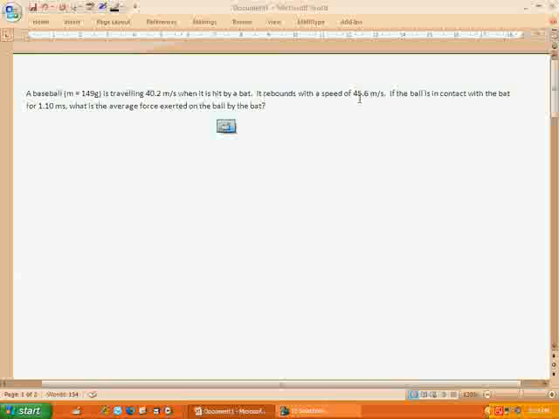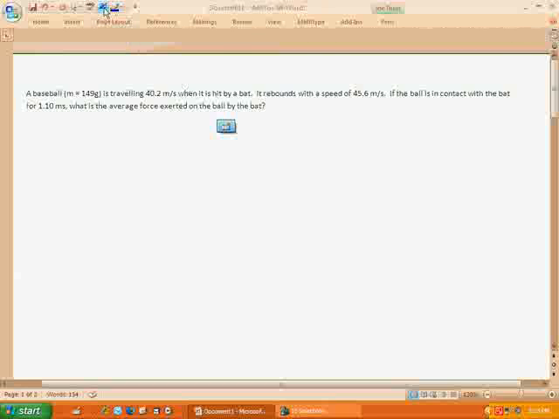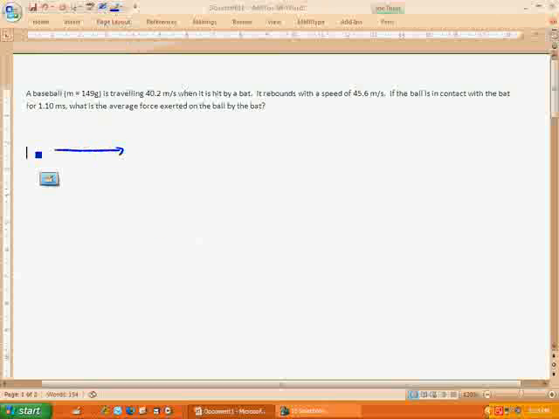It rebounds with a speed of 45.6 meters per second. The ball is in contact with the bat for 1.10 milliseconds, so what is the average force exerted on the ball by the bat? So, let's start off with the fact that we know that the baseball is traveling this way, right? There's my baseball, it's traveling that way, gets hit by the bat, and then it travels off in the opposite